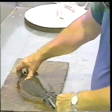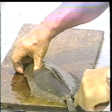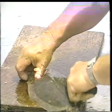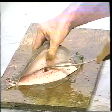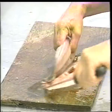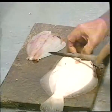Just take your knife. There's a line that goes up the center of the fluke. You take your knife and you follow that line, and using a sawing motion, you go right to the end of the fillet, following the bones, this bone cage here. When you get to the front, you lift the fillet up, take your knife from the other side now, and just follow the bones again, right down across the whole fish. You take the fillet off like that. You have a fillet with no bones in it. You flip the fish over,